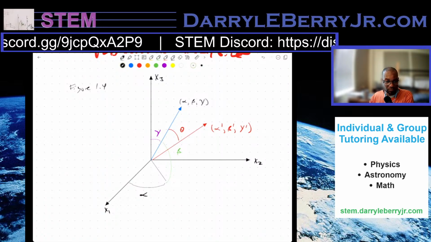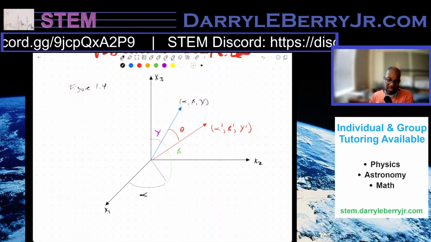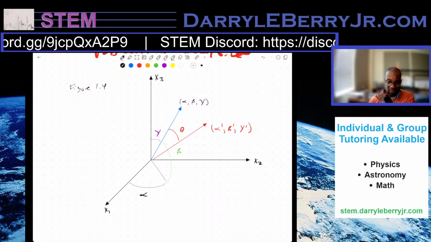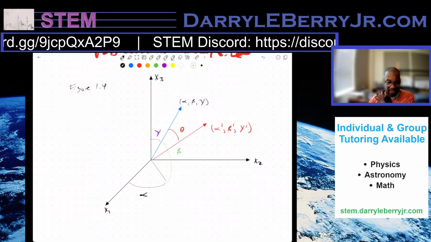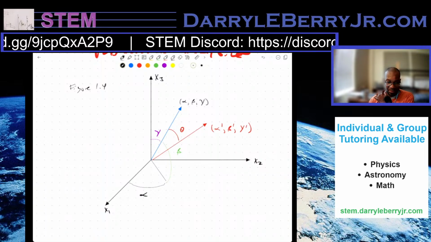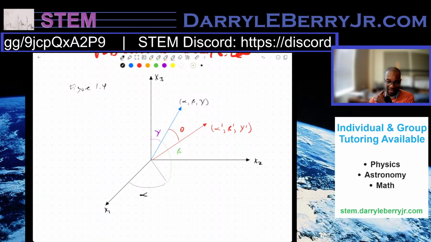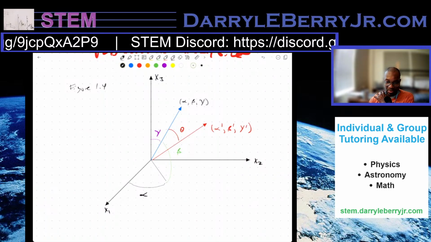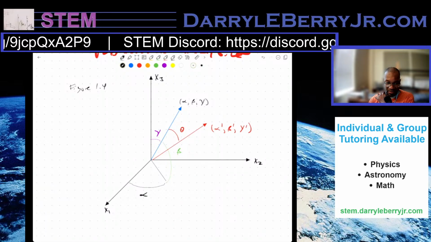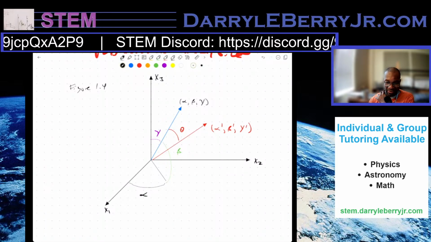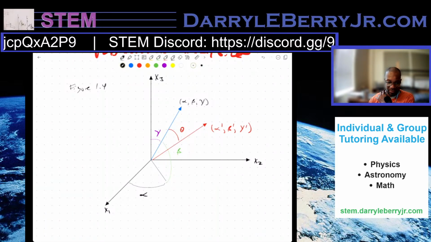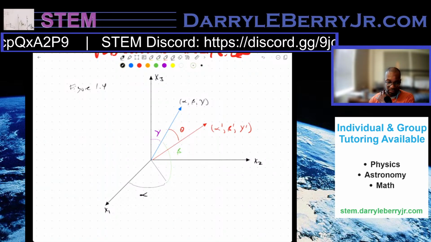Second, we have two lines with direction cosines, cosine alpha, cosine beta, cosine gamma, and cosine alpha prime, cosine beta prime, cosine gamma prime. Then the cosine of the angle theta between these lines is given by, okay,